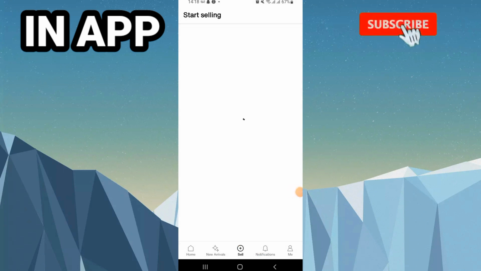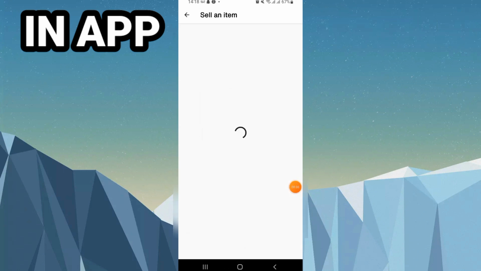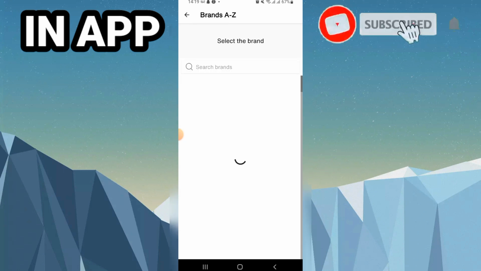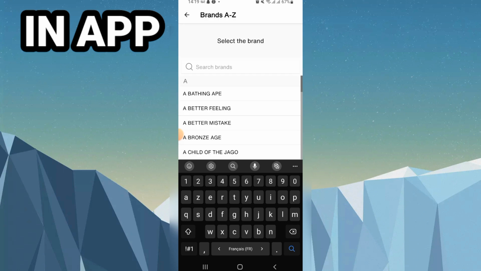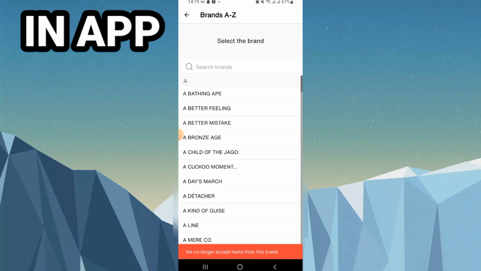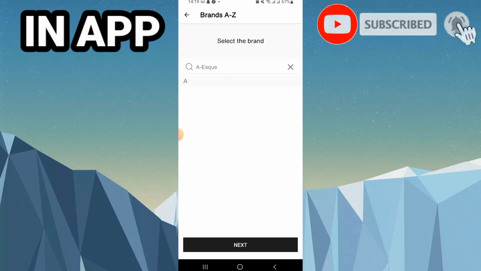So right now what you should do, come and click start selling, and right now you will choose the type, for example girls wear clothing, for example this, and you have to select the brand or search for a brand. I don't know, I will just choose someone random just to show you guys. Longer access, I don't know, I choose this, then I click next,